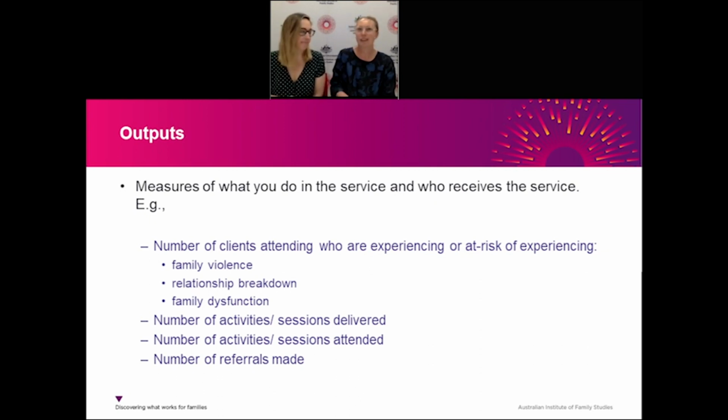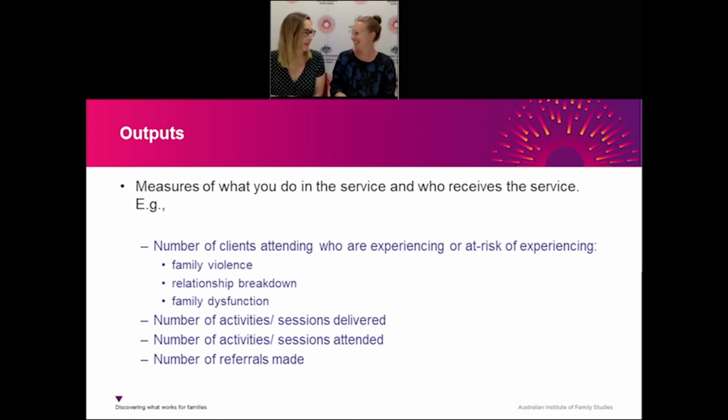Yes, let's. So as we mentioned earlier, outputs are the measures of what you do in the service and who receives the service. So it's a really practical column and it very much appeals to the evaluator in me. What would you put in here, Kat? Yeah, I really like the outputs column too.